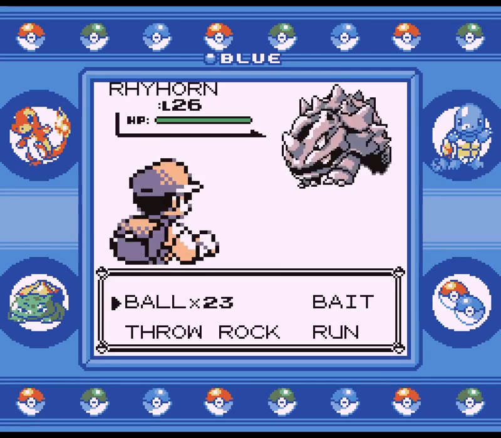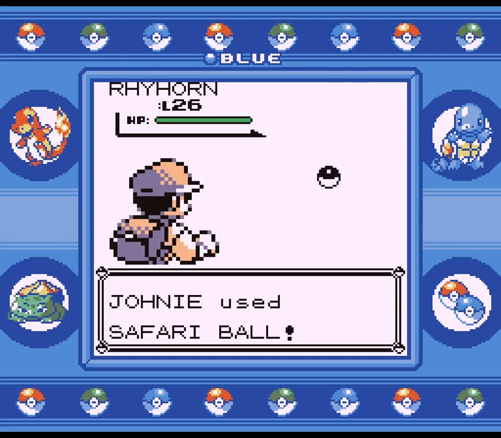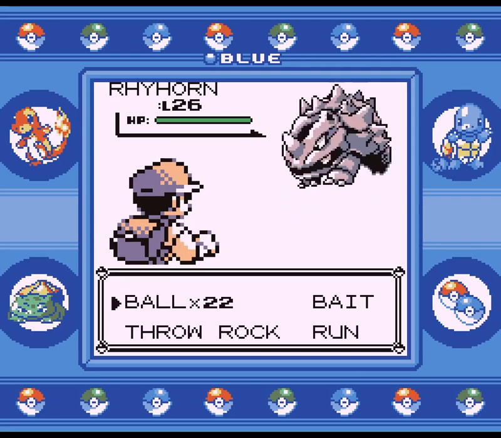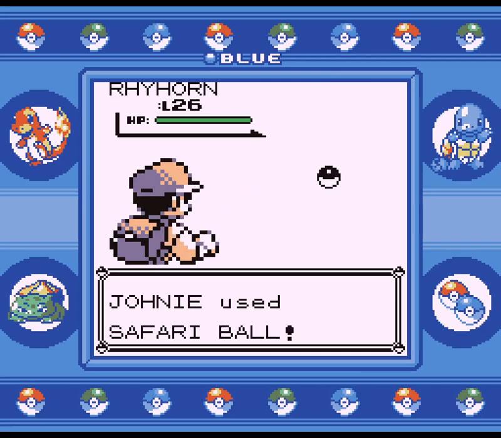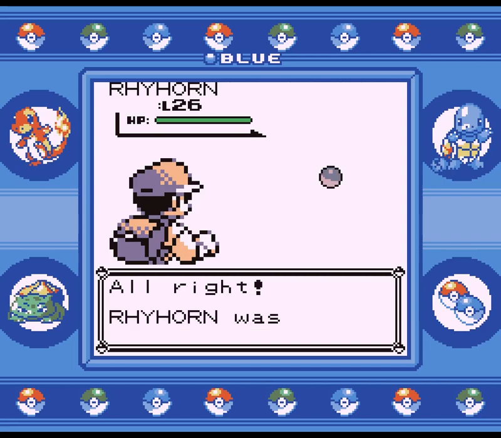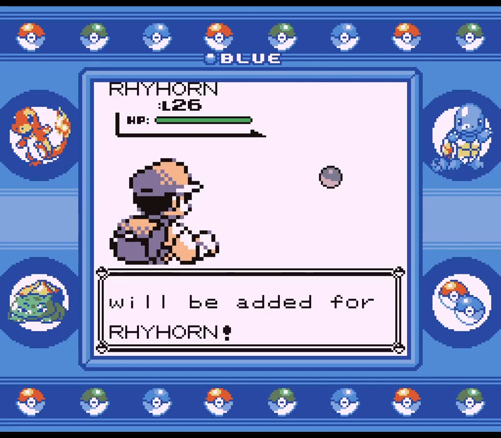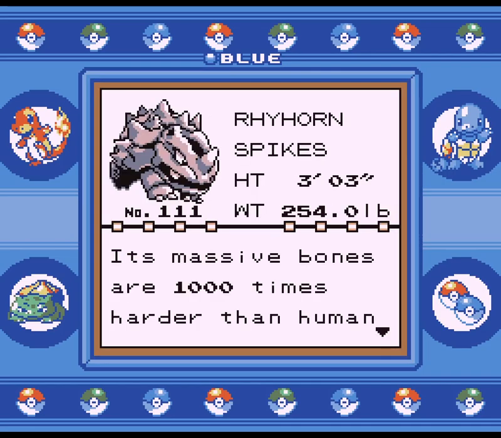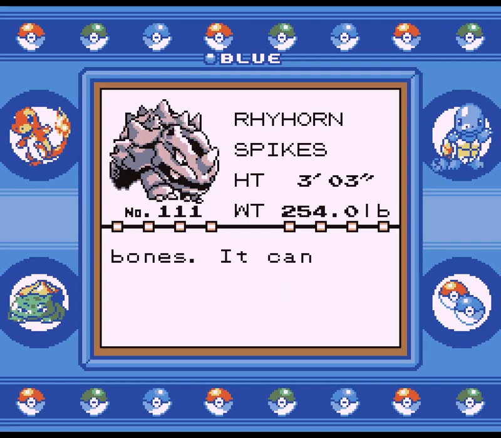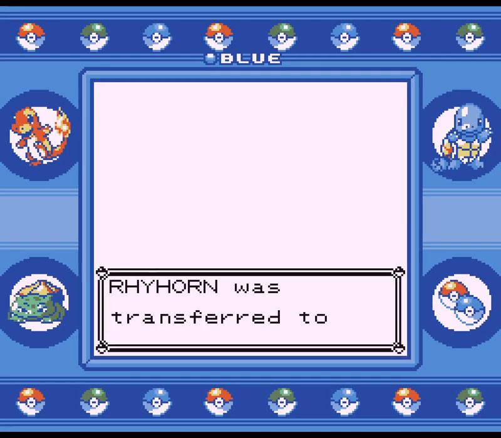Rhyhorn. This is a special rock type. I really don't want to tempt things too much, so we're just gonna grab it. What we can also do in this area, as soon as we're done looking at Rhyhorn's Pokedex, what we can